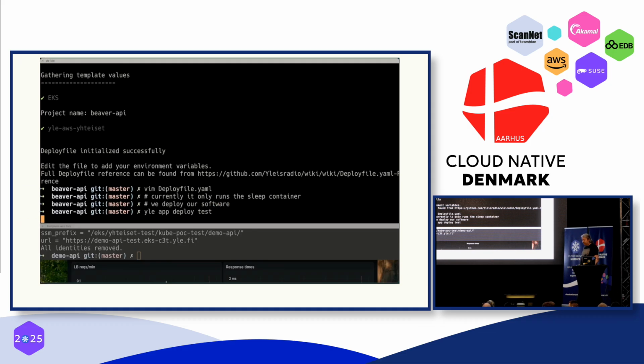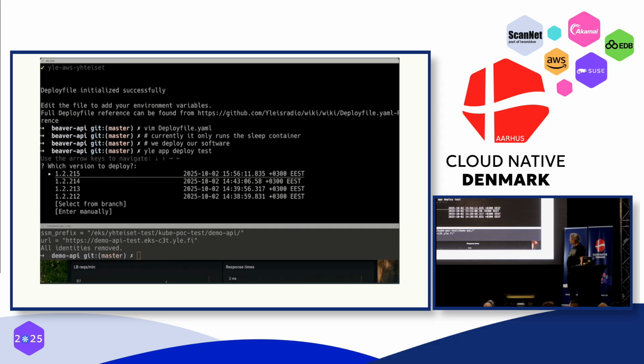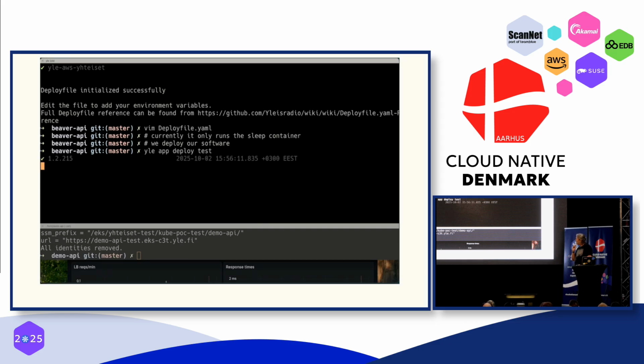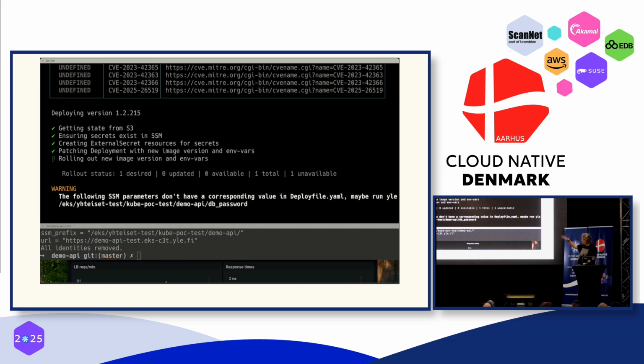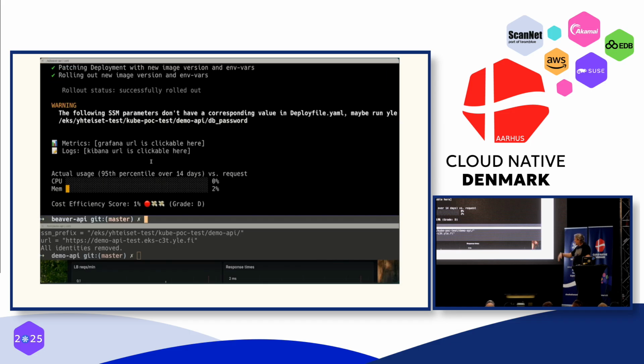It lists the applications available, the versions available, and we select the newest one, and it starts deploying with this sort of nice ASCII graphics. You can also run it in CI/CD, but we can do it also this interactively. And it takes a while to roll out the new version of the image, and it has done,